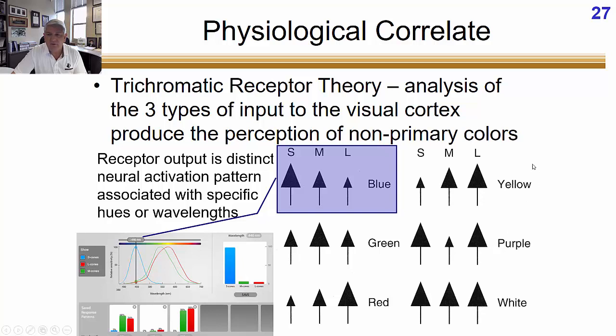So we can have other colors like we've already talked about. Yellow would be equal activation of medium and long wavelength because it's right here, right? And it would produce equal activation of those cones. White would be equal activation of everything. And here's our favorite color, purple, which is going to be equal activation of short and long wavelength cones. So don't you see now how a single wavelength of light couldn't do that? Couldn't activate both short and long, just one wavelength? You have to have two in order to generate the color purple.